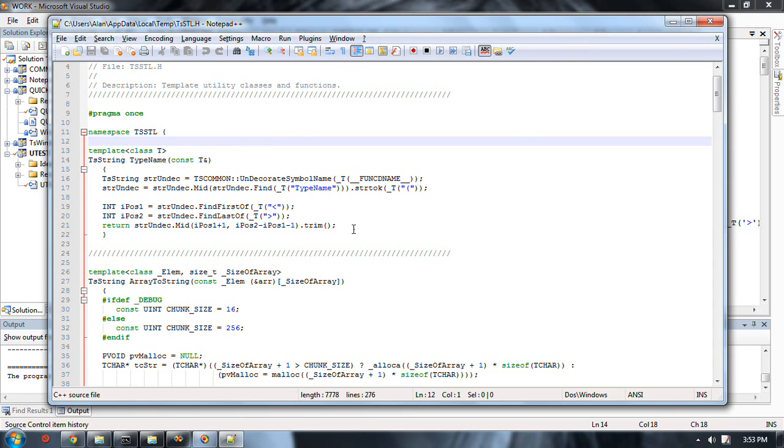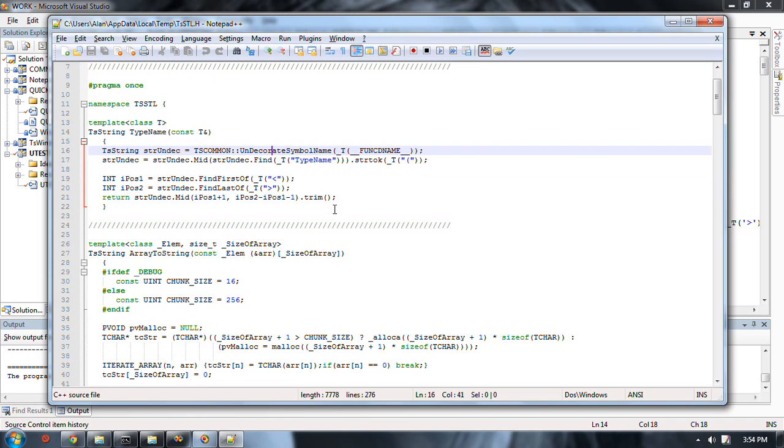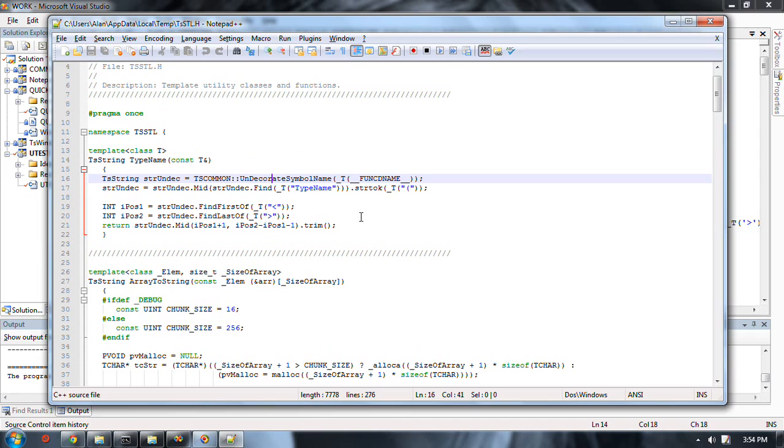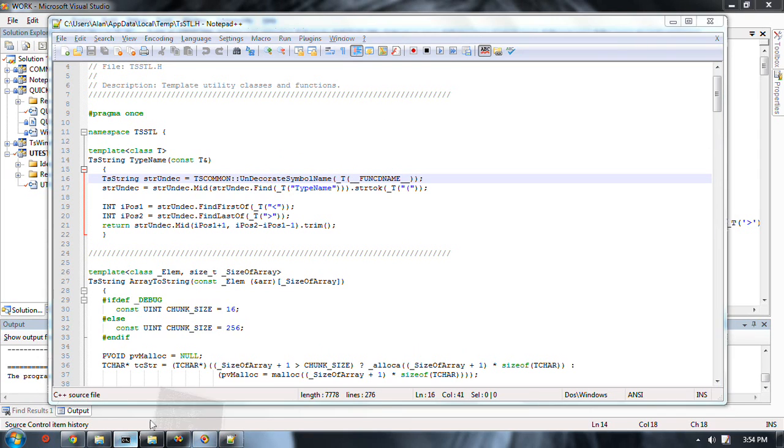You can use it on any type, any class, or it doesn't have to be a class, and it will return you the type for that particular object. And the way it works is using this magic undecorate symbol name, which comes out of the DbgHelp.DLL library. And what that thing does is it takes symbols like this,